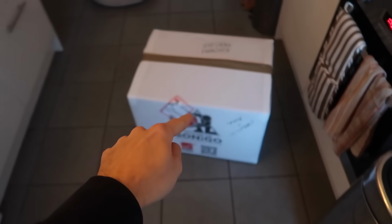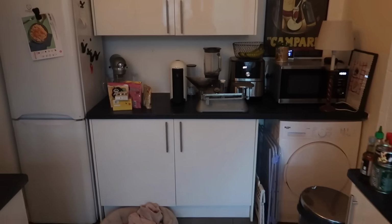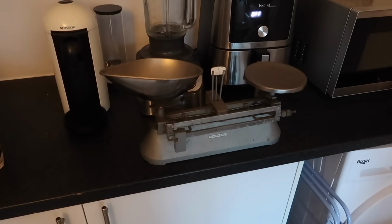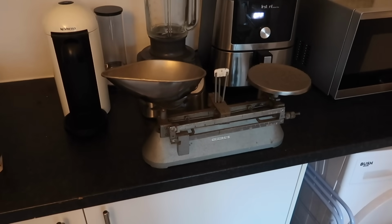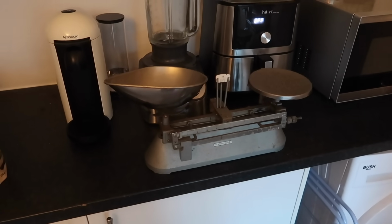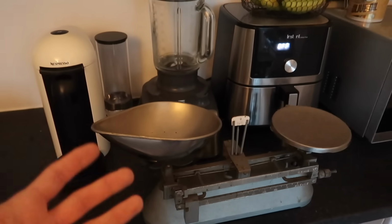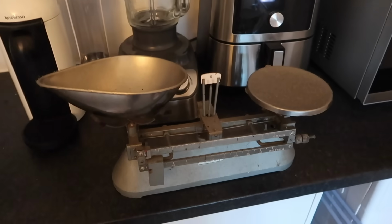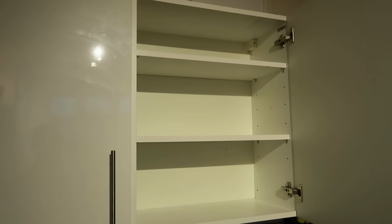So this is the last box for today. I'm saying goodbye to my beloved kitchen skills. I've had these pretty much since I first moved to London, but I never use them. They are a decorative piece, but I always have to put them at a height and they just are like a grease trap, so I need to give those a clean and donate them. I really want to keep things nice and minimal in the new place, so the baking cupboard is completely hoovered